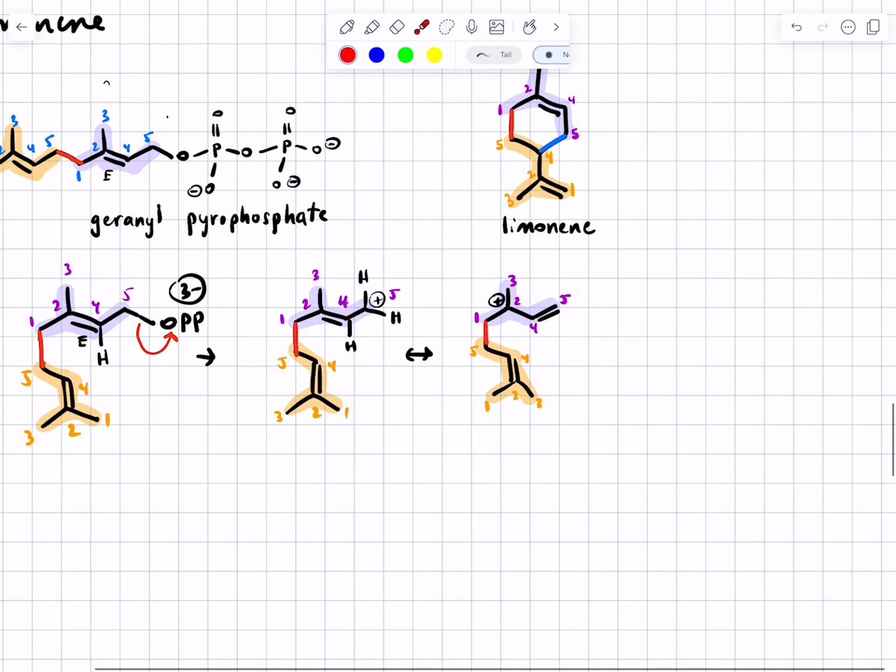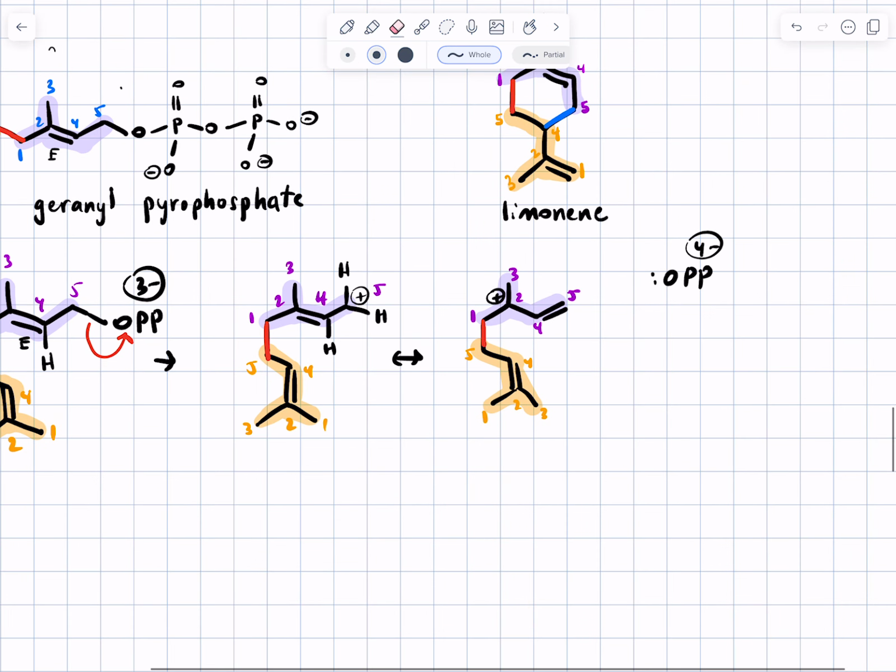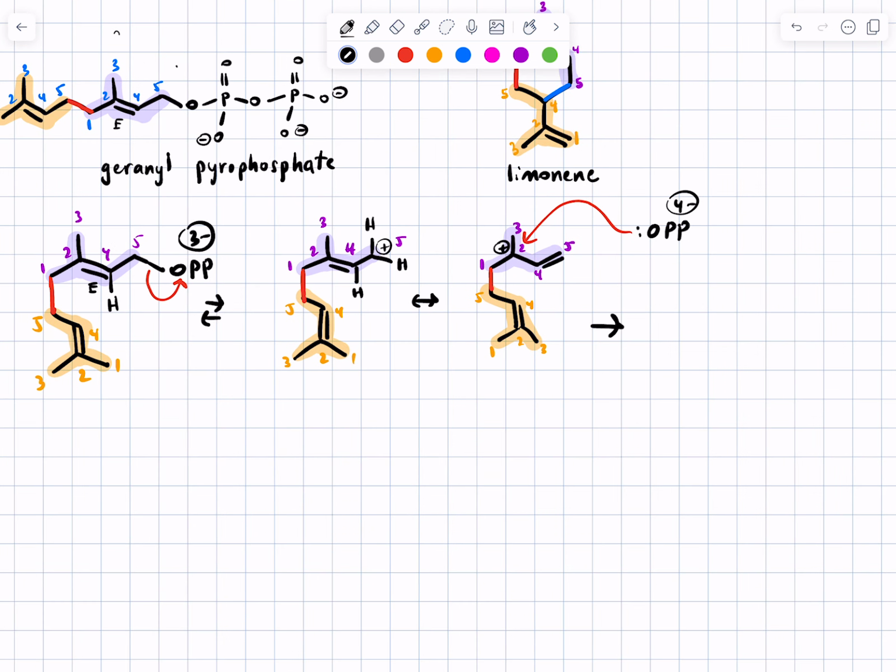So watch what nature does. This is kind of cool. That pyrophosphate leaving group is still around. Now it's a 4- group. We'll show it with just one lone pair. Notice that in the resonance stabilized carbocation, the positive charge is simultaneously on carbons 2 and 5. If we attack on carbon 5, we just go back to the previous step, and that's probably happening. But if we attack at carbon 2, we generate an intermediate that looks like this,